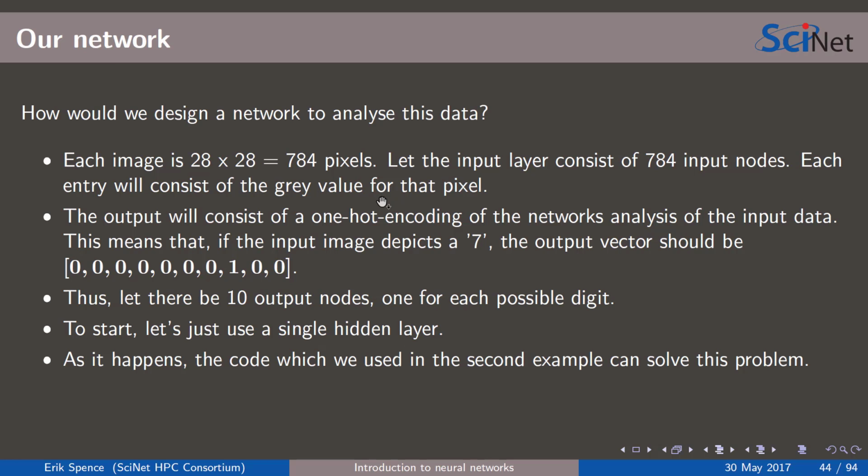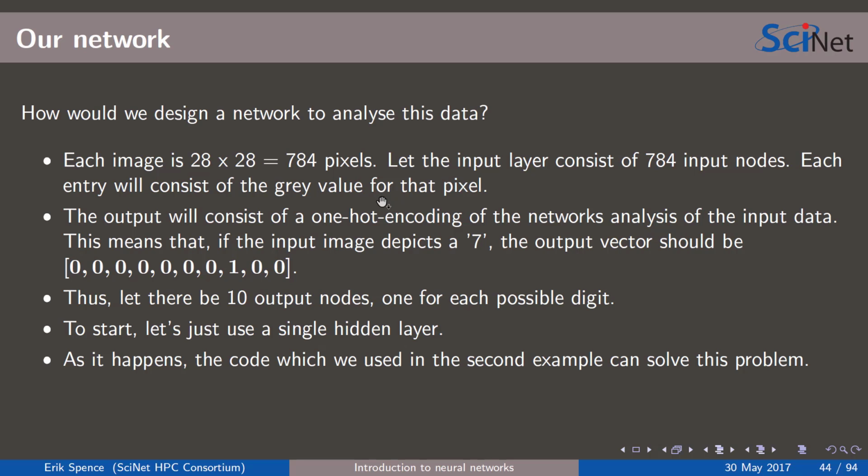The output is going to consist of one hot encoding of the output. Who's done one hot encoding before? Okay, there's nothing to it. It's exactly what we were just talking about. It means 7 is represented by this. Okay, a vector 0, 0, 0, 0, 0, 0, 0, 1, 0, 0, up to 9. I've got a 10-entry vector. One of them is a 1. The rest are zeros. That's called one hot encoding. I don't know where these names come from. I really don't. Okay, so we're going to have 10 output nodes for our network,